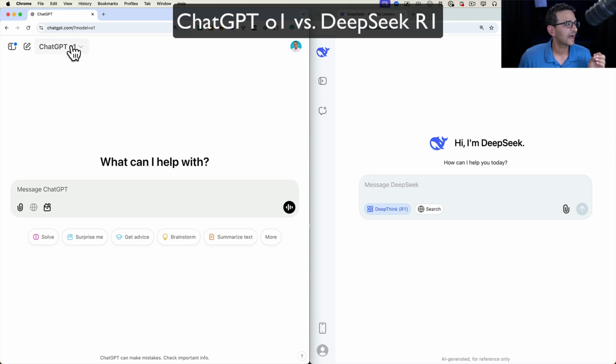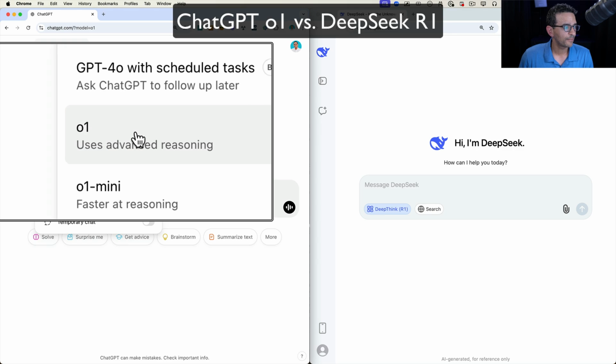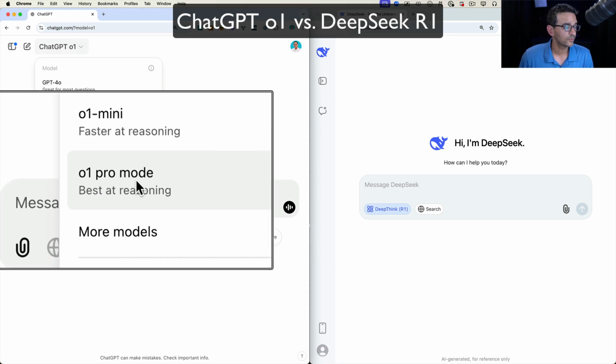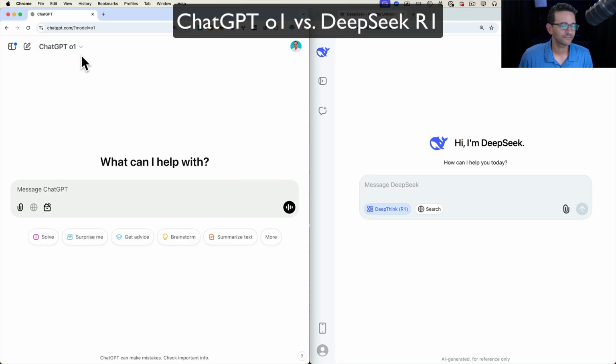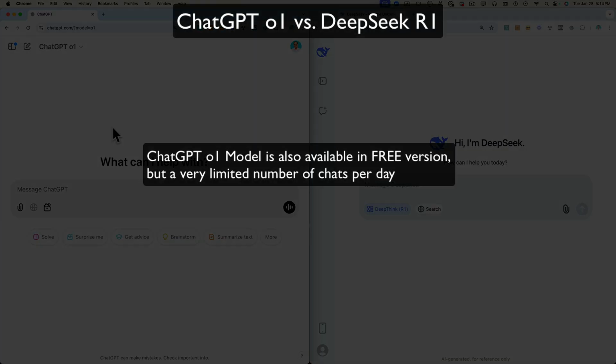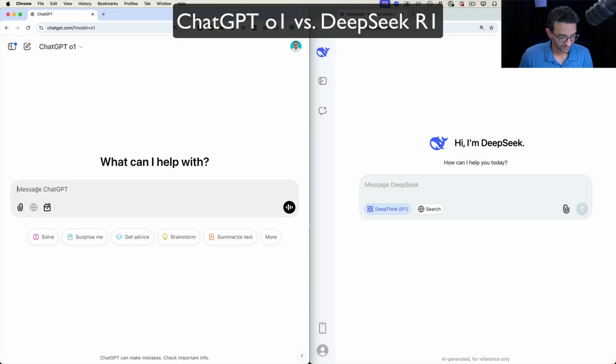So for some context, I am in the paid version of ChatGPT, which is using the R1 model. I pay $20 a month for ChatGPT Plus. There's also the Pro model, which is $200 a month, which I pay for also, but we're not going to test it against that. I'm going to try to get as much of an apples to apples comparison. So we're going to be using the R1 model, which is available in the Plus edition only. Just a quick note, the free edition of ChatGPT also has access to the R1 model, but a very limited number of chats per day. So we're going to go ahead and ask it a question.